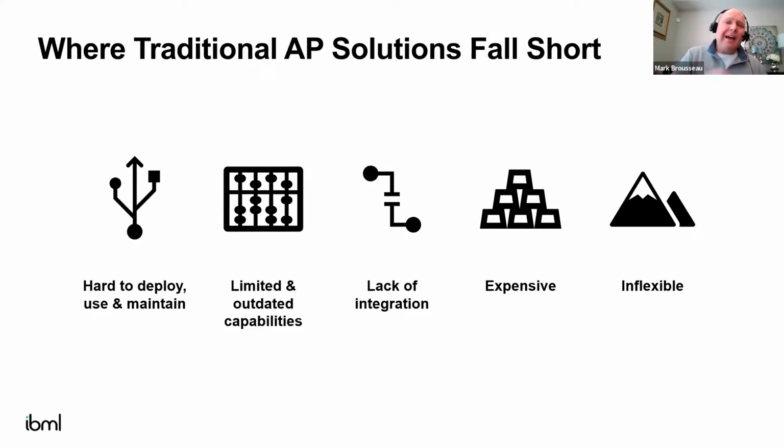You also find that a lot of these older on-prem solutions really don't provide the level of integration that AP departments need. If you want to achieve straight through posting, if you want to be able to do that PO matching that Ron spoke of with a high degree of accuracy, you need to be integrated to Oracle or whatever accounting or ERP system you're using. And it can't be a file upload at the end of the day. You've got to have a seamless integration.